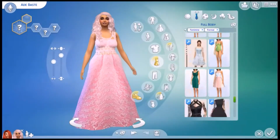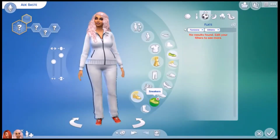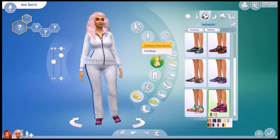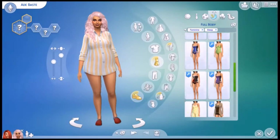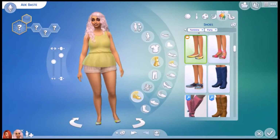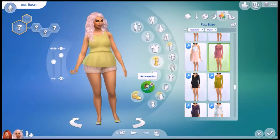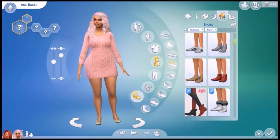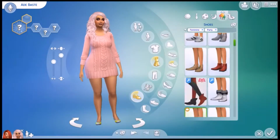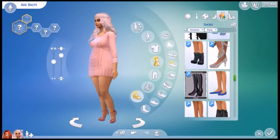For her formal, I chose a beautiful 50s dress and some pink heeled boots. For her workout clothes, I chose a pink tracksuit and pink trainers. For her nightwear, I chose a robe with some fluffy slippers. For her party clothes, I chose a jumper dress thing and some stilettos. And for her swimwear, I chose a polka dot bikini, partly because of